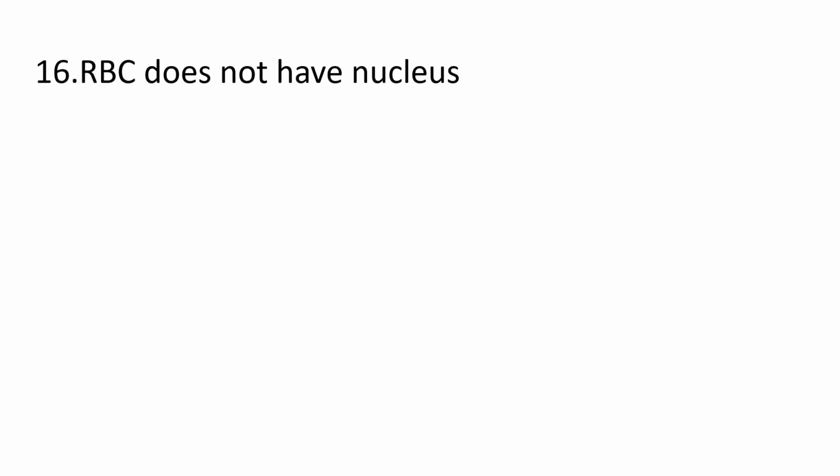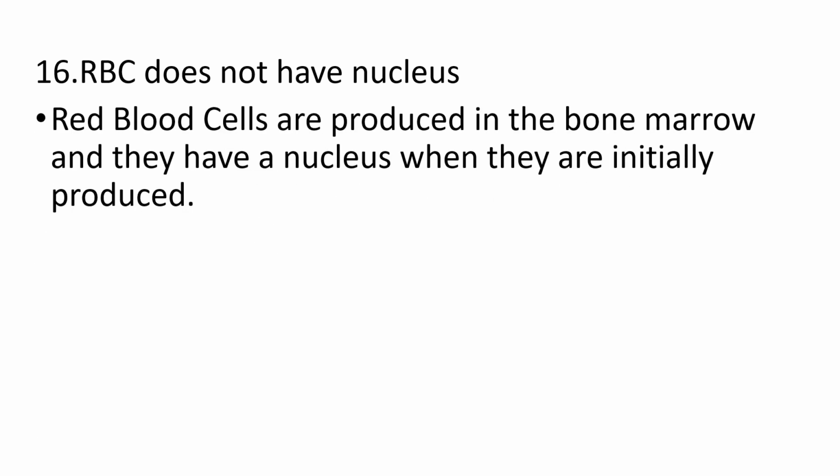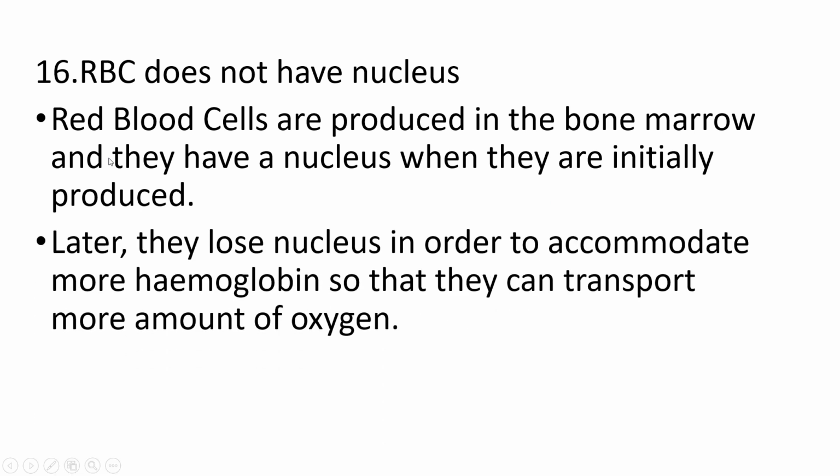RBC does not have a nucleus. All the tissues, all the cells in the body have a nucleus, but RBC does not. Why? The red blood cells are produced in the bone marrow, and they have a nucleus when they are initially produced. In the initial form of RBC, there is a nucleus, but later they lose the nucleus in order to accommodate